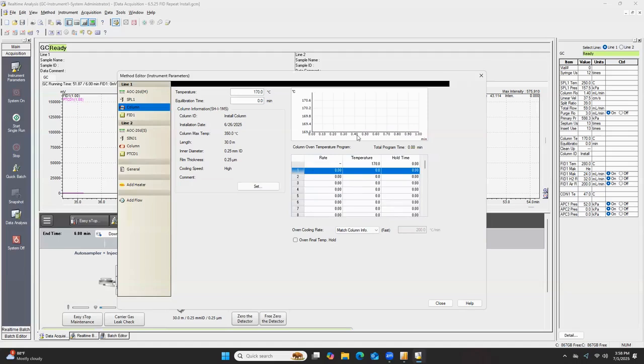And again, this column oven time program feature is good whenever you have peaks, or if your sample matrix contains analytes that have a lower boiling point. Like I said, the lower boiling point is typically what the column oven would start at. And then if you have any compounds in there that have a much higher boiling point, what you would do is, so let's say,